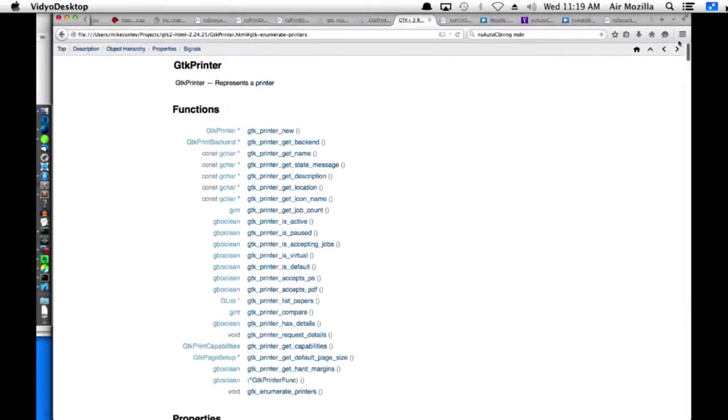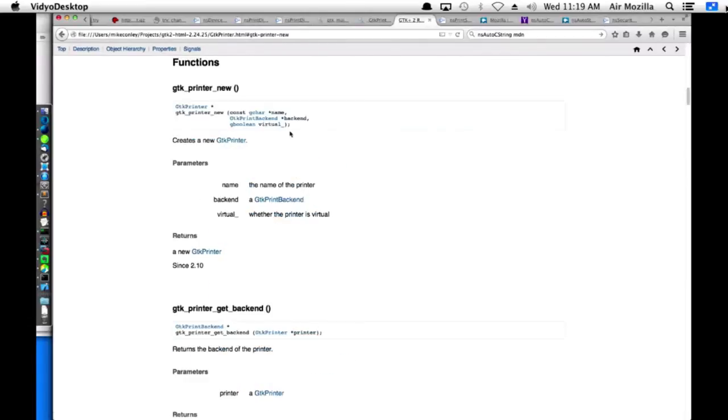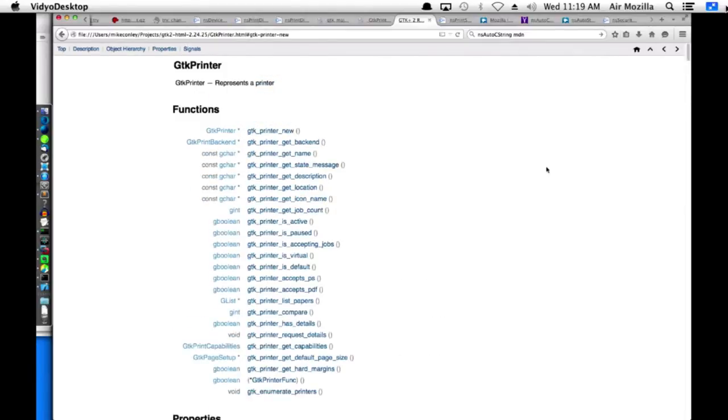GTK printer new. I don't think you have to worry about destroying it. Something tells me that that's right, but I really should make sure.